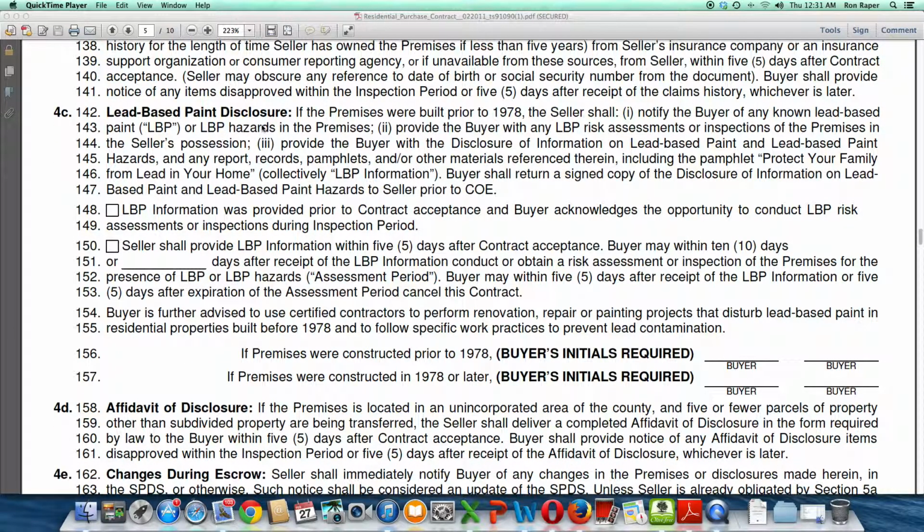Lead-based paint disclosure. If the premises were built prior to 1978, the seller shall notify the buyer of any known lead-based paint (LBP) or LBP hazards in the premises, provide the buyer with any lead-based paint risk assessments or inspections of the premises in the seller's possession, provide the buyer with the disclosure of information on lead-based paint and lead-based paint hazards